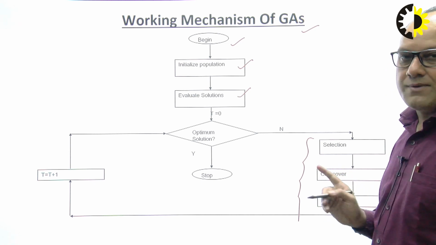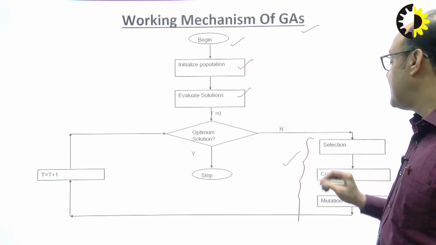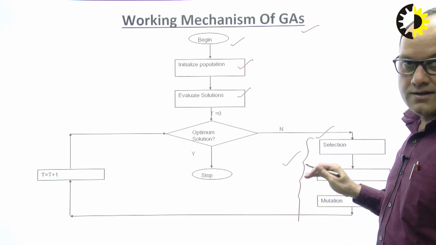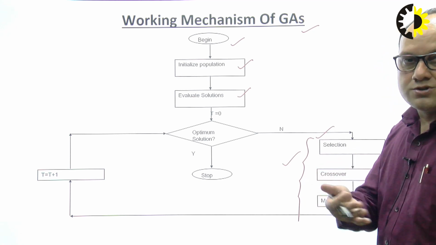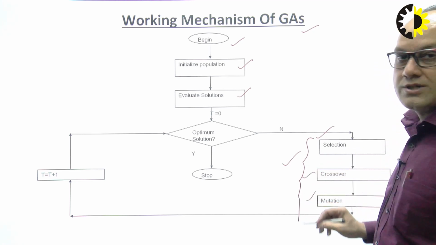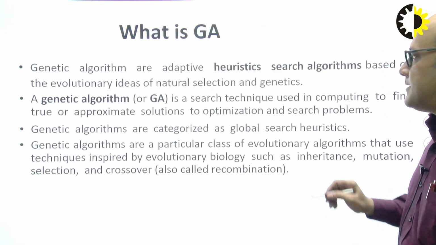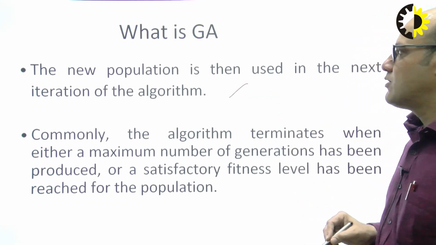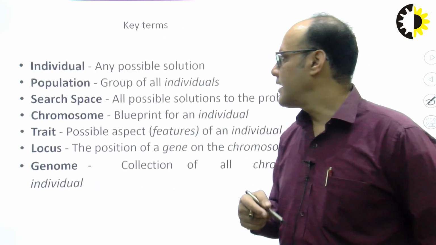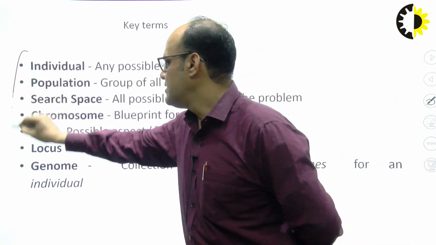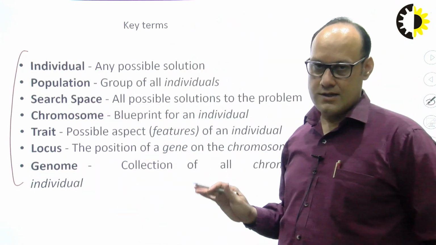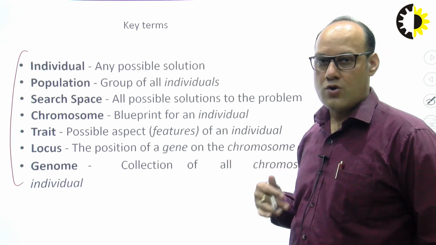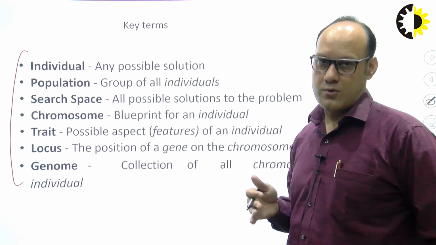In my coming lecture on genetic algorithm, I'll briefly describe selection, crossover, and mutation. Selection means we are going to select. Crossover means for getting the new species, we will do crossover, and then mutation is done. So this is the new population that is used in the next iteration of the algorithm. A new population will be generated. These are the key terms in genetic algorithms. Again, I will discuss in detail in my genetic algorithm lecture. The main point is that I just want to show you the approaches for how we will proceed in machine learning.